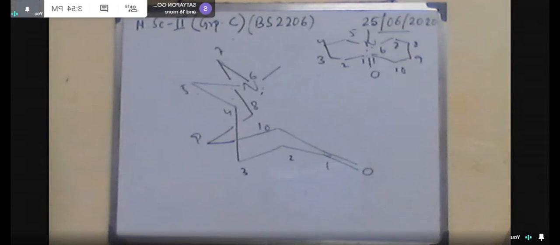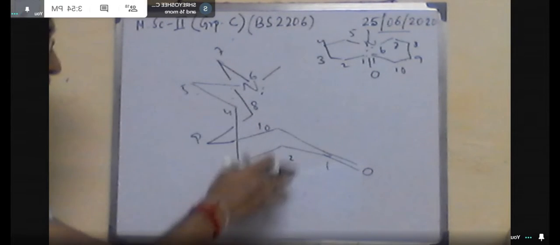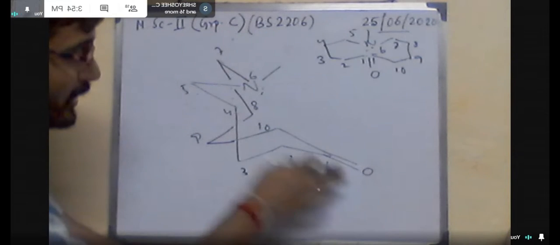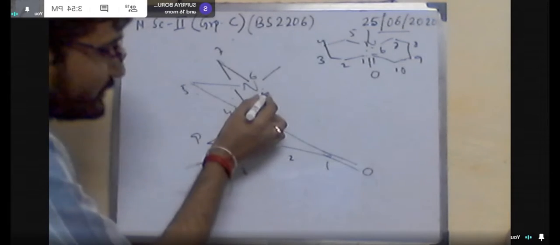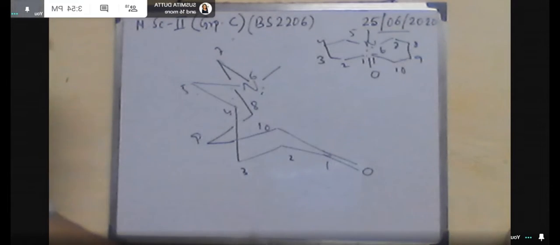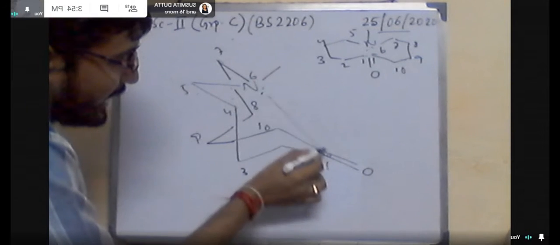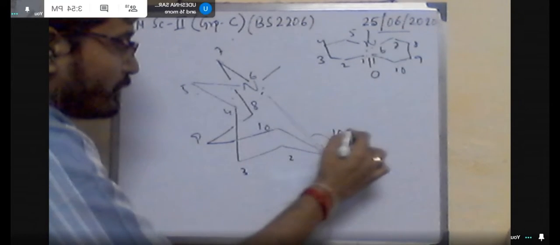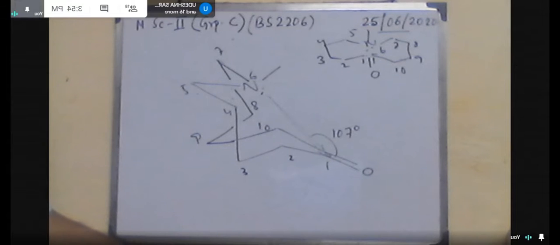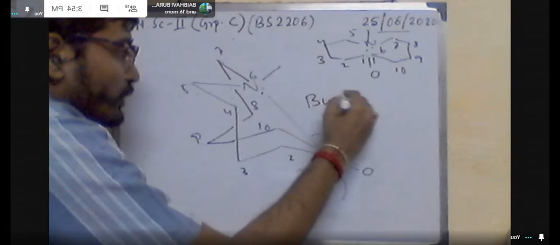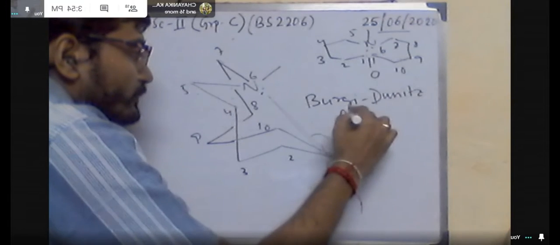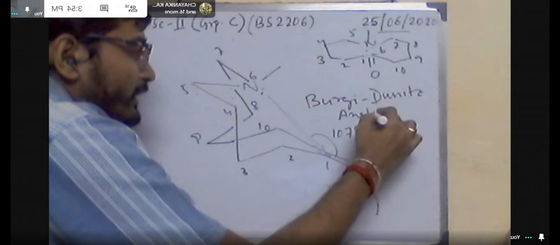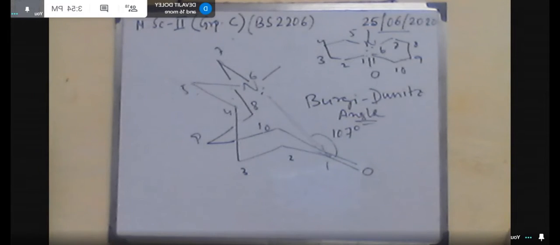Now come to our point. For this example, you know both the faces are enantiotopic. So that means after completion of the reaction you will get the enantiomer. In this case, if we reduce this carbonyl in the presence of sodium borohydride, or you can use lithium aluminium hydride, the mechanism is hydride transfer.